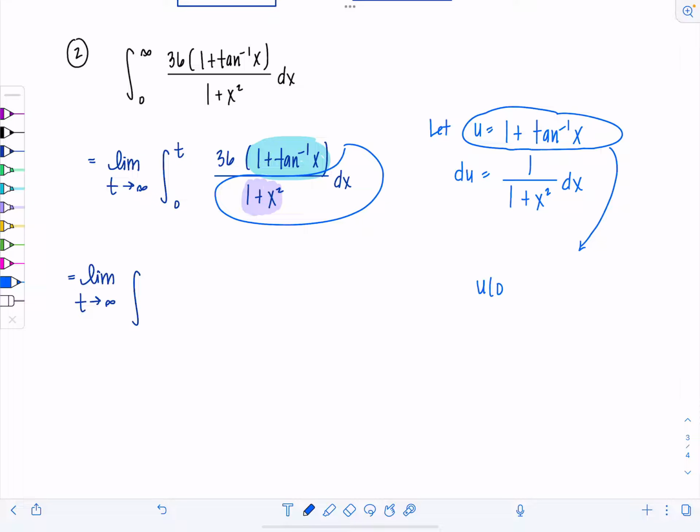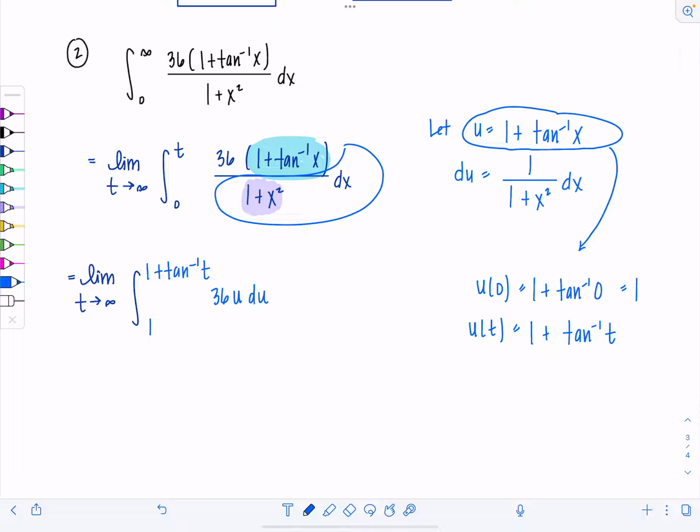So u of 0 would be 1 plus tan inverse of 0. Tan inverse of 0 is 0, so this is just 1. And then the upper limit would just be 1 plus tan inverse of t. Okay, so these are our new limits of integration. Change them as soon as, oh, that should be a t, sorry. Change them as soon as you do the u substitution. Everything should match. So now we have here